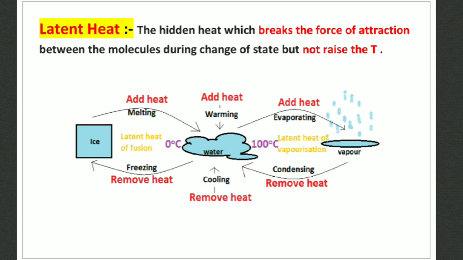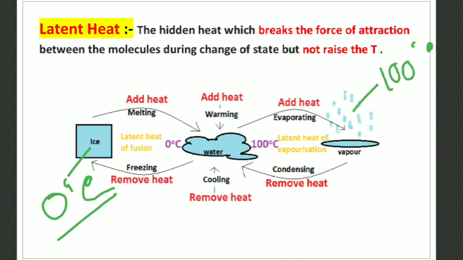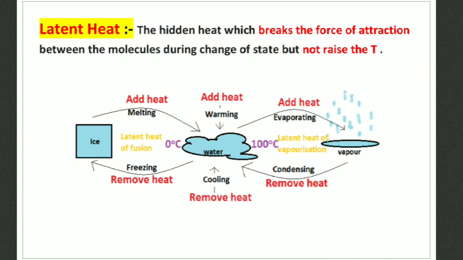Now, when we measure temperature at the various states, we will find that the ice temperature is 0 degrees Celsius and the vapor temperature is 100 degrees Celsius. Okay, so they used a new term called latent heat. This latent heat is completely absorbed by the state and acts as a hidden heat. Latent means hidden. Okay, so there are two types: latent heat of fusion and latent heat of vaporization.